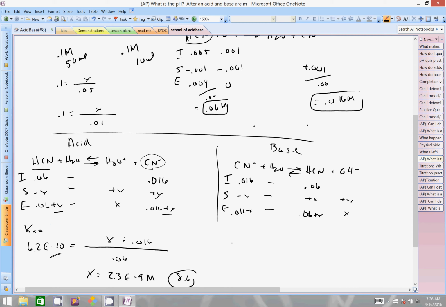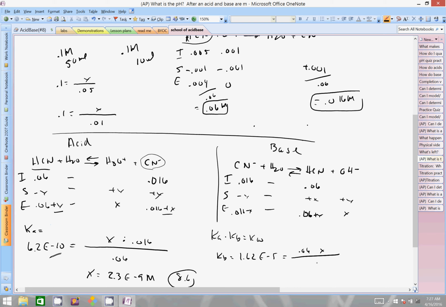In this situation, the way I would solve this one would be with the Kb. Now, Ka times Kb equals Kw. So I would say, okay, 1.0 e to the negative 14th divided by 6.2 e to the negative 10th, and I get my new Kb equaling 1.62 e to the negative 5th, which equals my products